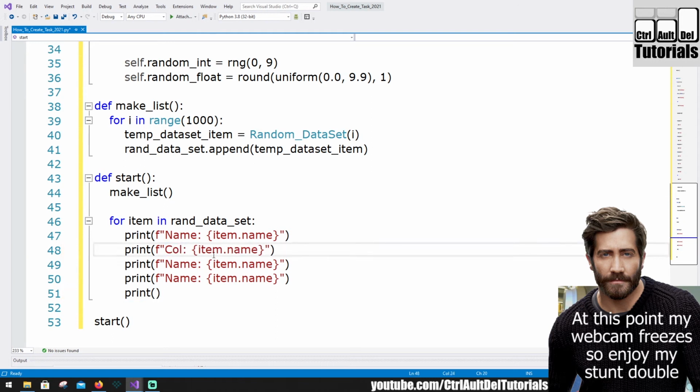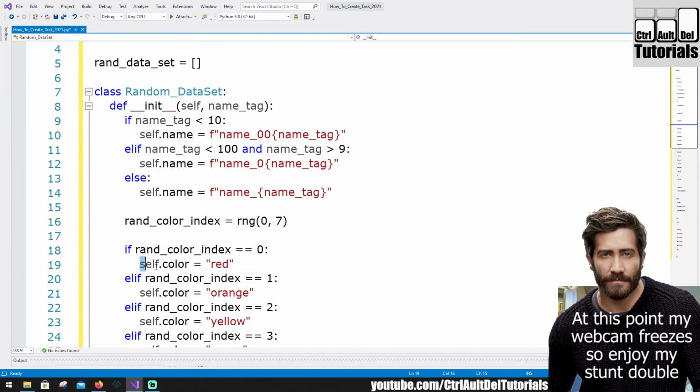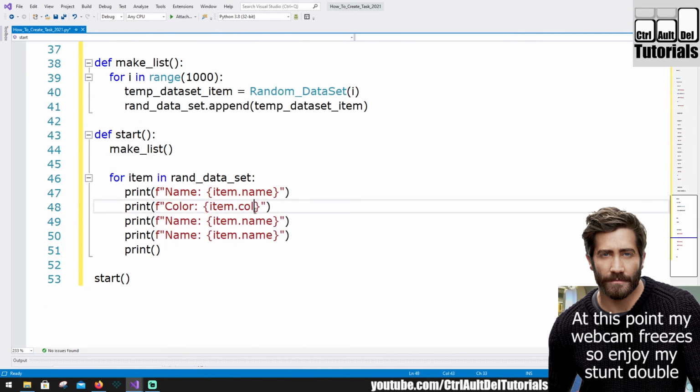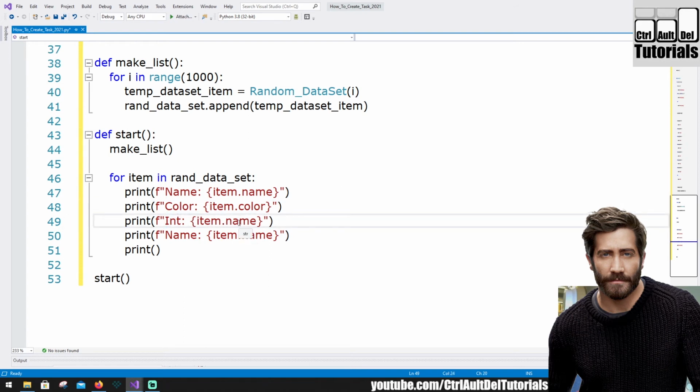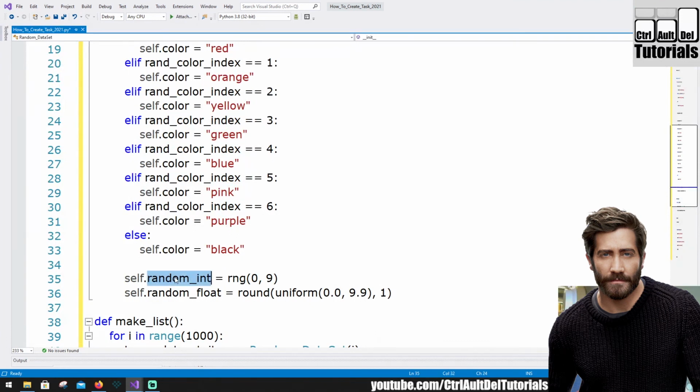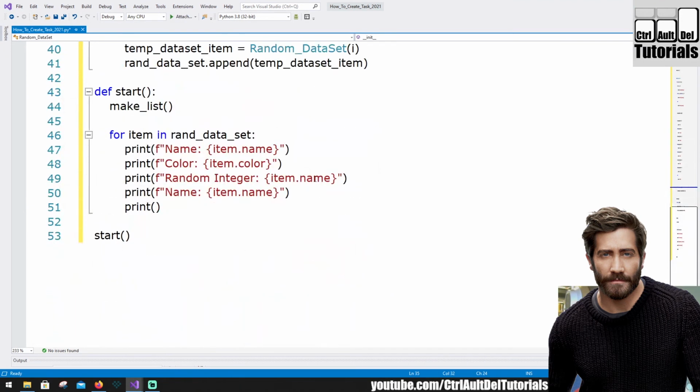So all of my labels are color, and this is item.color. So here we can see item.color, up here is self.color. Okay, item.color. Then we have the integer. So this will be a random integer. Hopefully my spelling's working here. And if I go up, I can see we've got a random int. I'm just going to copy it from there. Copy, paste. I want to make sure it's spelled exactly the same. And then finally we have